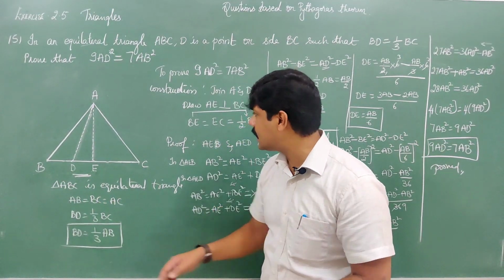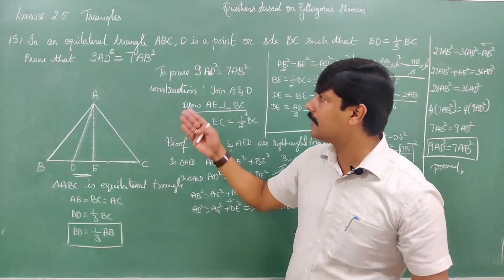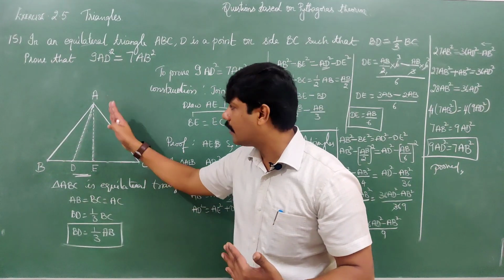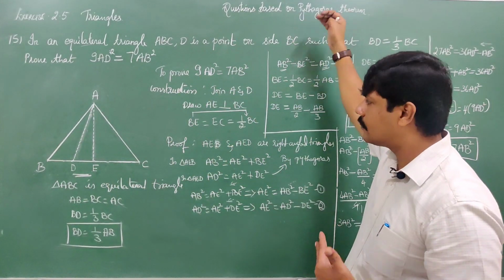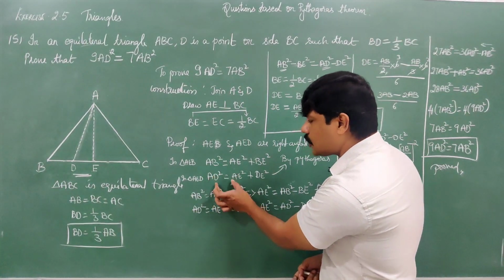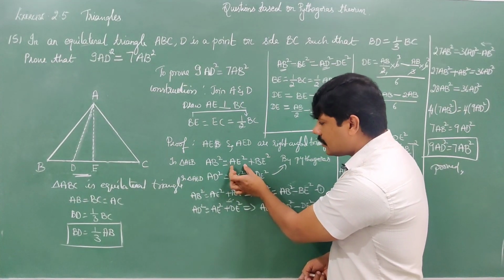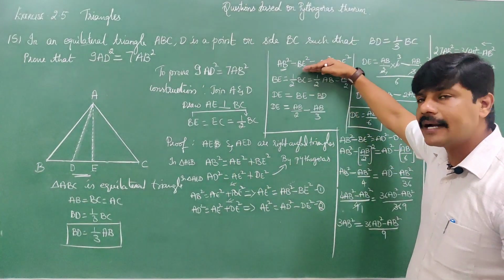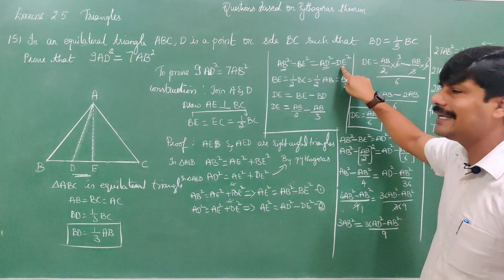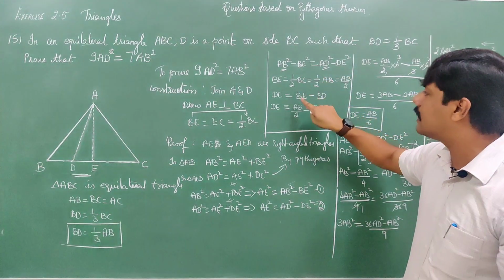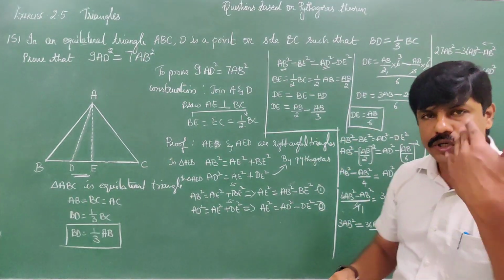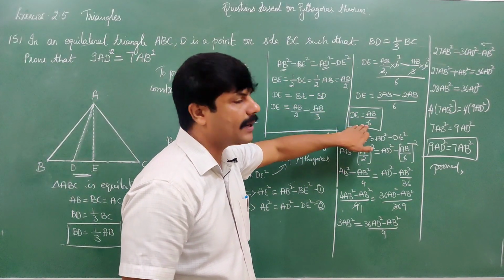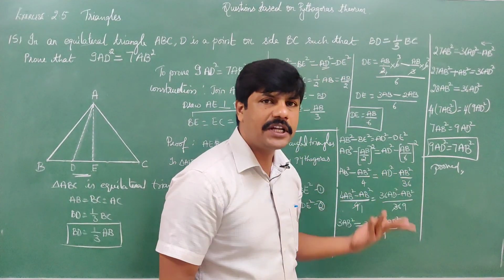Understand? And then you need to do some construction, because 9 AD square is equal to 7 AB square. We have to get it by construction only, by applying Pythagoras theorem. Once you apply Pythagoras theorem, you will get these two, and then change in terms of AE square, and if you equate, you will get that. Once you arrive at this point, you will have B square and D square, which is not required. You change this B square and D square in terms of AB itself. That is, B we got AB by 2 and D we got AB by 6, and substitute. Once you substitute, finish matter.